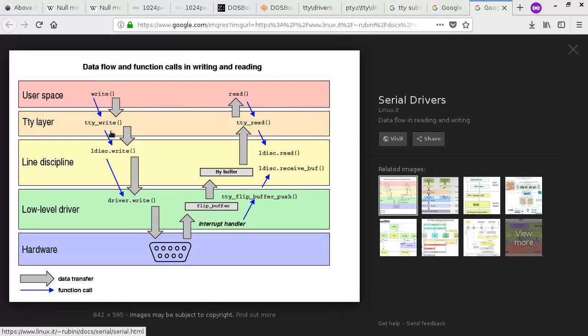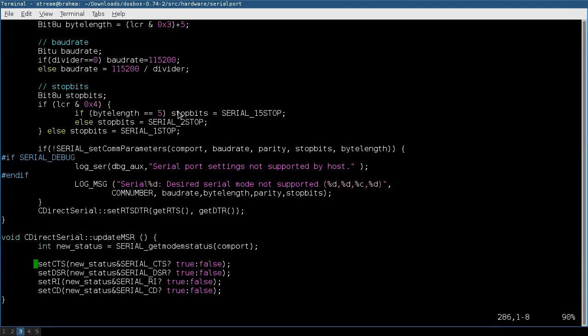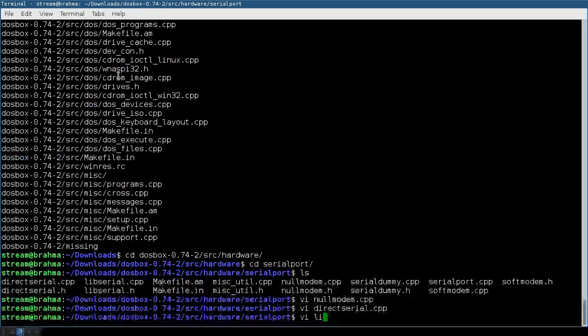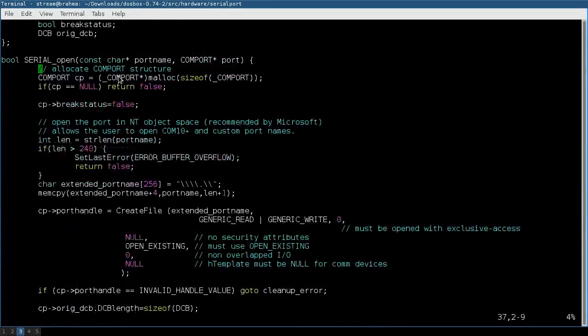So let's have a look if that's the case. So ideally what we want is DOSBox to be able to set its registers and send things straight to the low-level driver. And that would be a PTY or something. Except the PTY is somewhere up here, so it's just pretending that it's a low-level driver, so it might actually be ignoring things. So the only way to figure this out is to actually look at how it works from DOSBox's side. So let's head over to libserial, have a quick look,